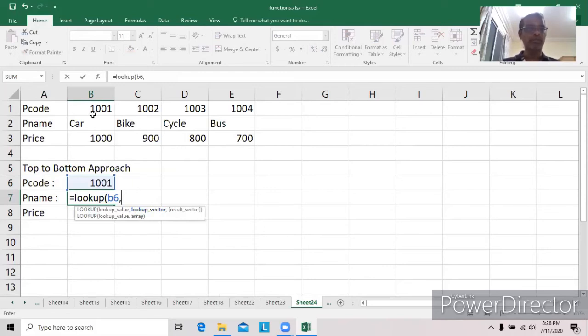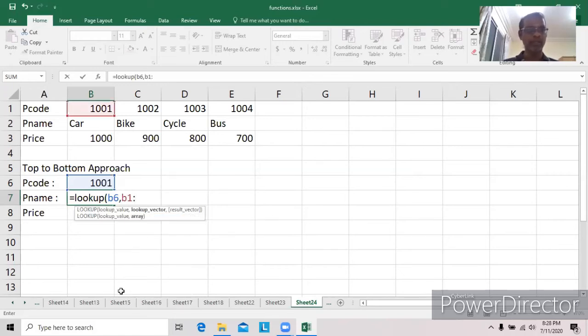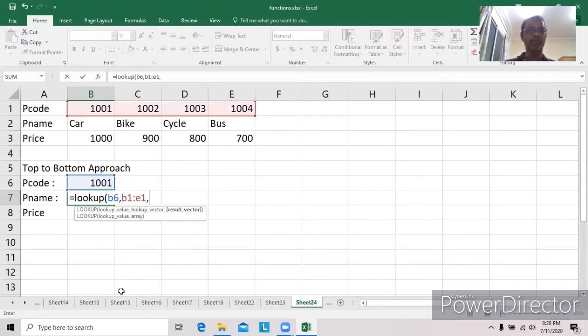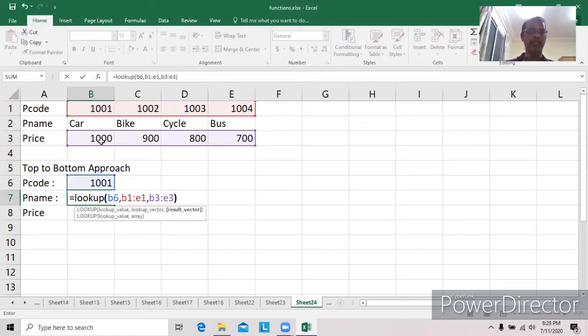Lookup row is B1 colon E1. Next one, the result row is B3 colon E3. The lookup function searches for 1001 in B1 to E1.